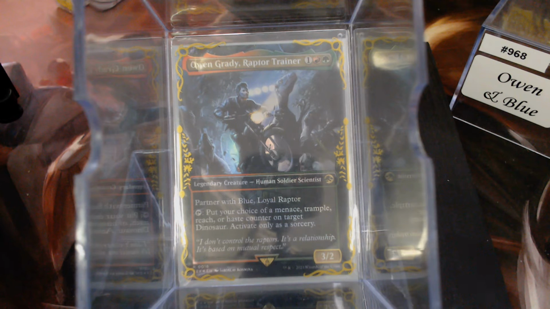Today, in deck number 968, we're going to talk Jurassic Park about Owen and Blue. Now, this is my first Jurassic Park deck, so I do have to preface this with, I was very disappointed we didn't get an actual John Hammond card so that we could have a 5-color dinosaur commander. But anyway,